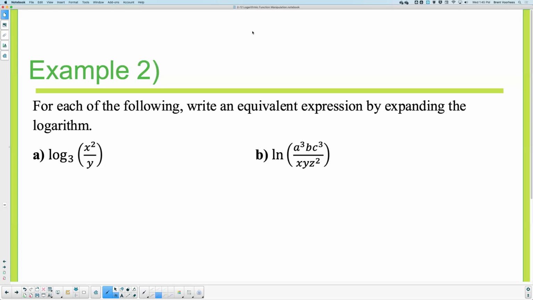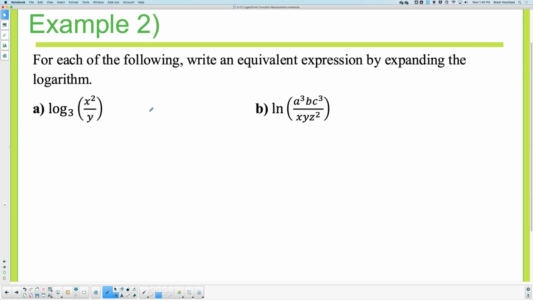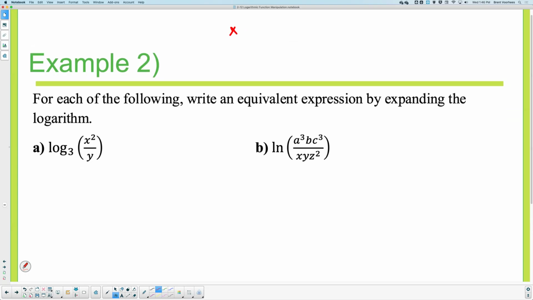All right, now to example 2. This time, they're giving us 1 log, and it says write an equivalent expression. That means something that's equal by expanding the logarithm. Okay, so this time, we are still using the same setup we've been using, meaning that with a logarithm, what